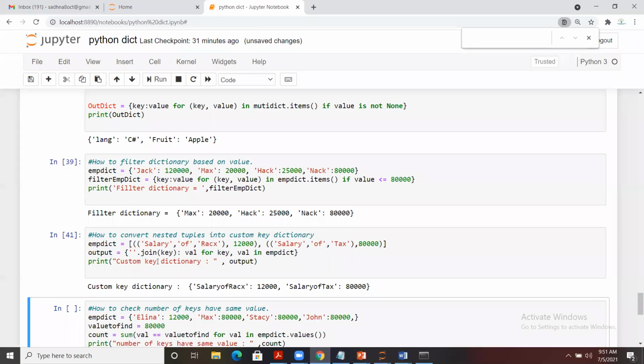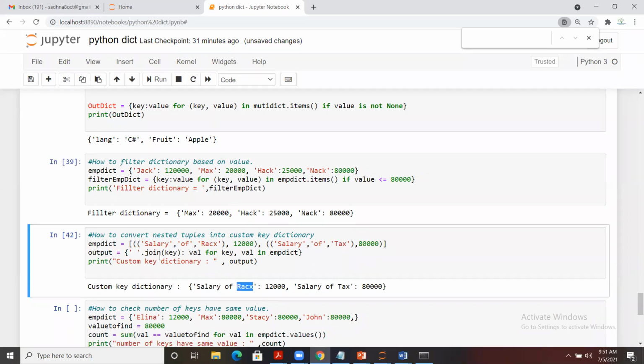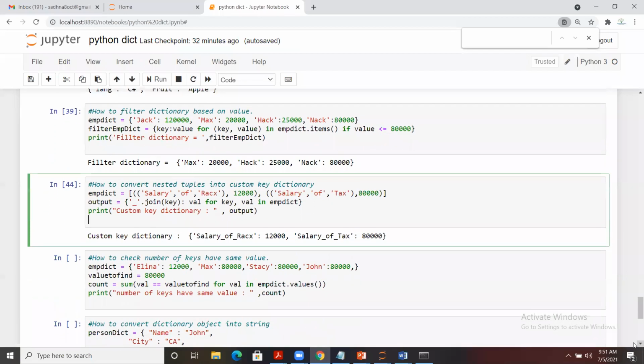We joined them as one, and we wanted them joined with a space. So that's what we did here. In case you want a hyphen, you can do that too. It's up to you, or let's say the underscore. So these are the keys and these are the values now. This is how we have made the dictionary using a nested tuple into custom key dictionary.